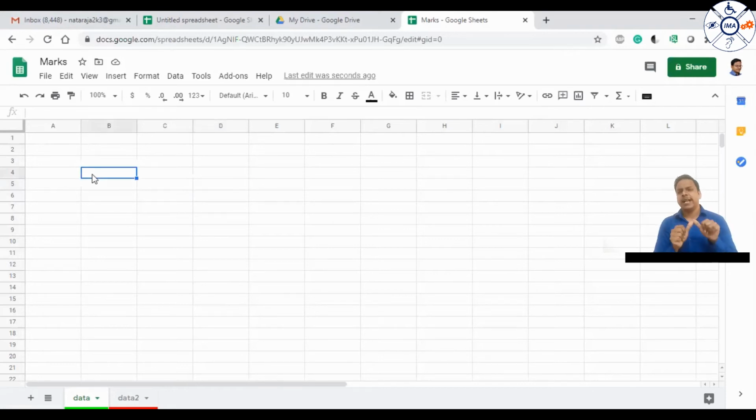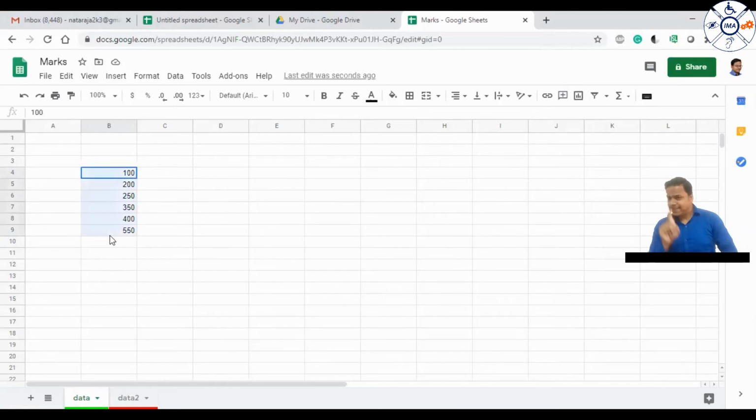Let me add some values here, say 100, then 200, then 250, 350, 400, 500, 550.